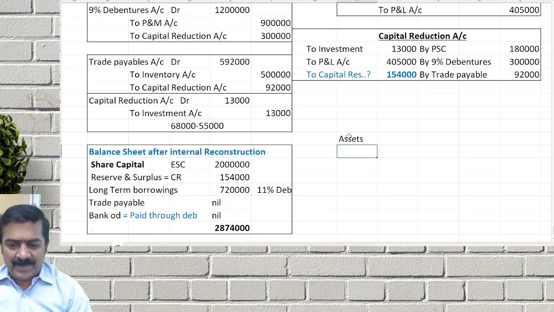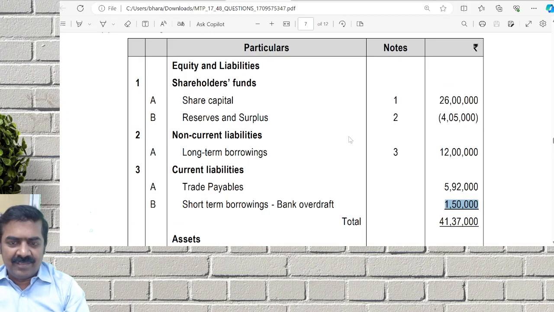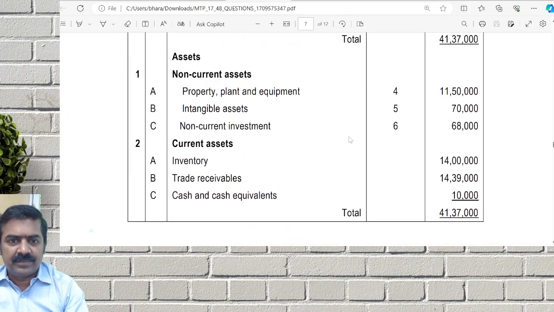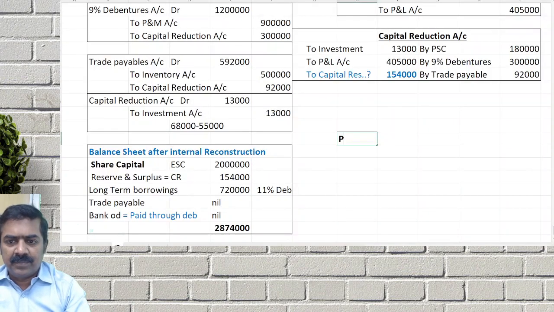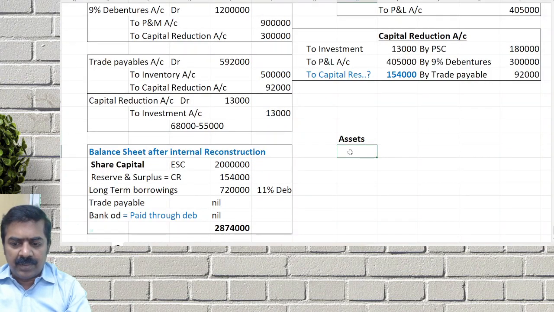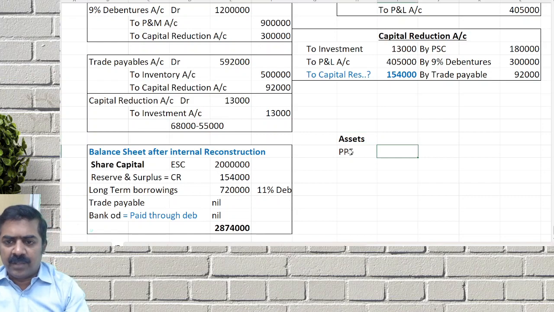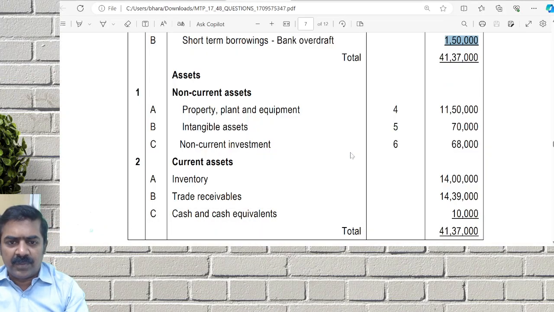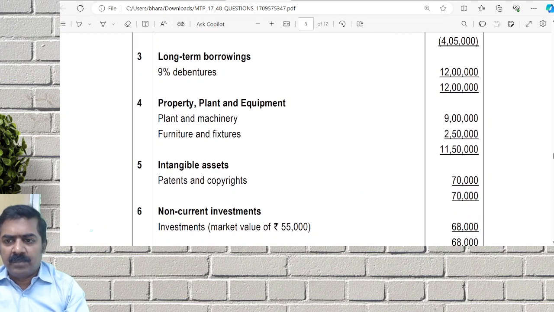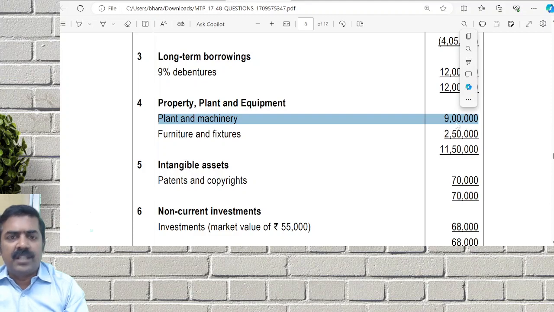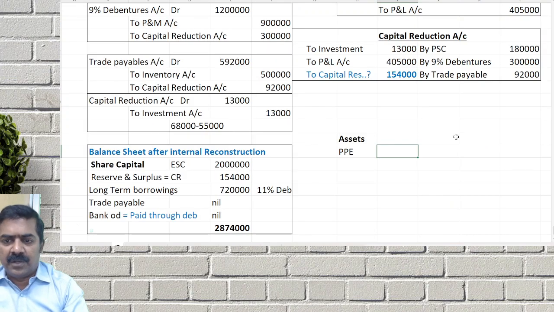Assets. What are the assets? Plant, property and equipment, what will come? Plant and machinery taken over by debentures. Furniture will continue, no change. Furniture 2,50,000 will continue. Then